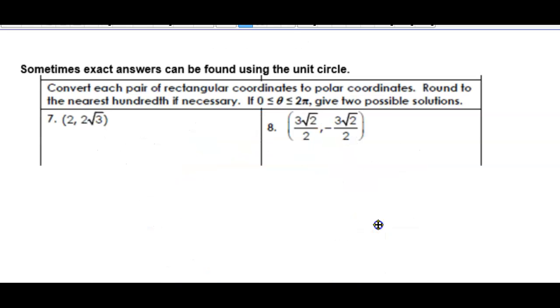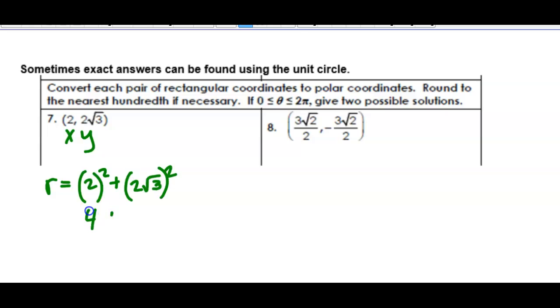So here's one using the unit circle. This is an x and a y. To find r, we're going to square them and add them together. This is 2 squared, which is 4. The square root of 3 squared is just 3. So 12 plus 4 is 16, and that's r squared, so r is